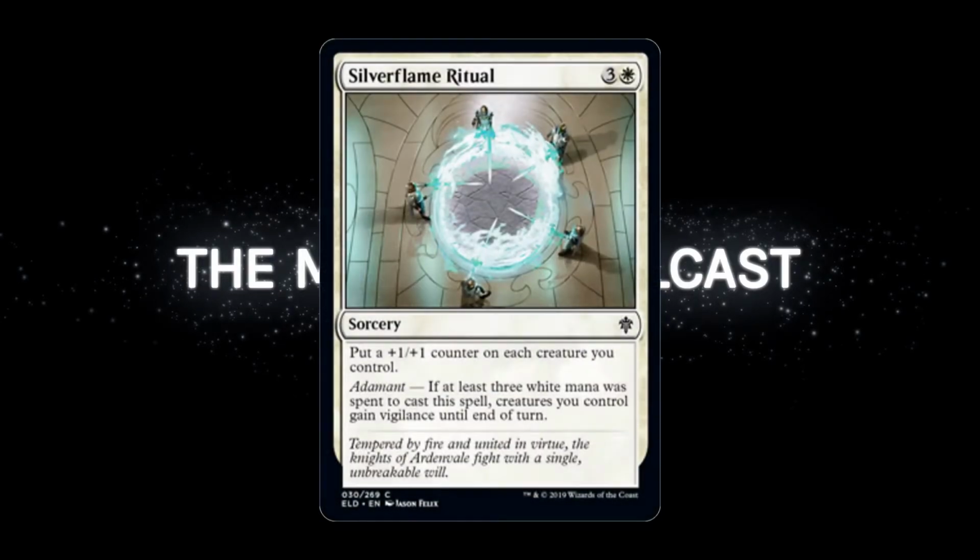Next card, Silver Flame Ritual, 3 and a white, sorcery. Put a +1/+1 counter on each creature you control. Adamant. If at least 3 white mana was spent to cast a spell, creatures you control gain vigilance until end of turn. So,